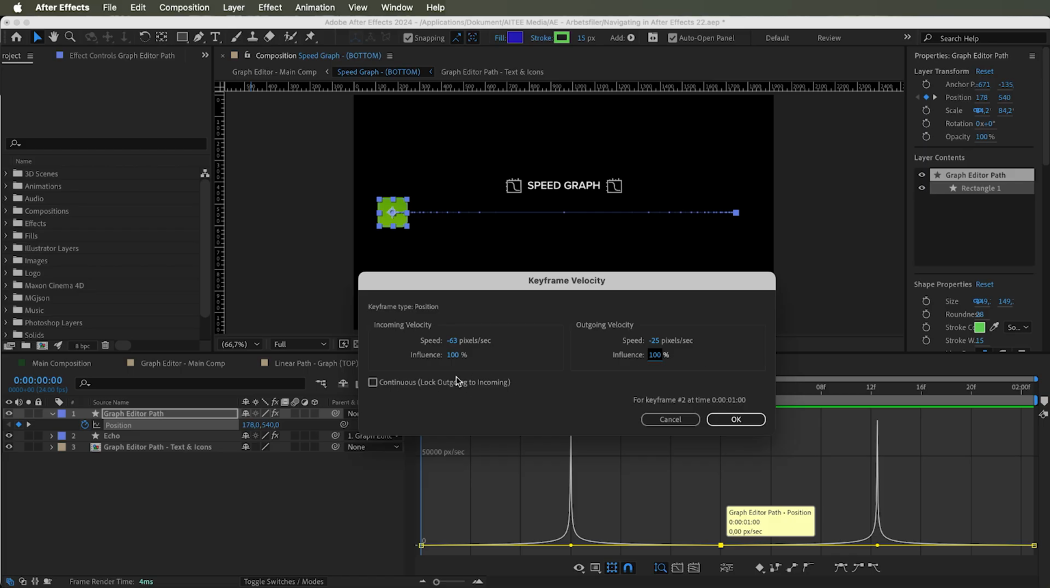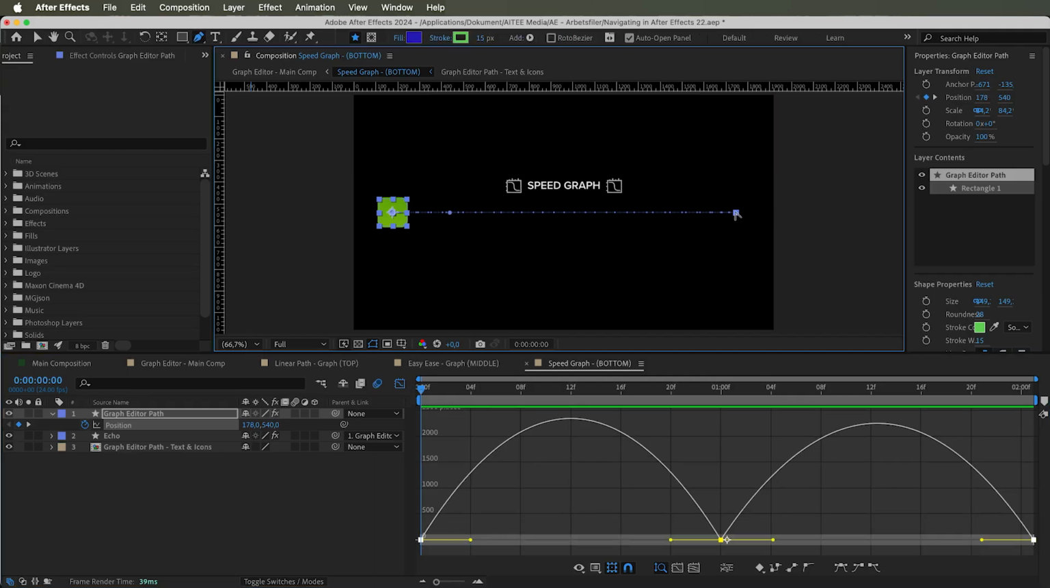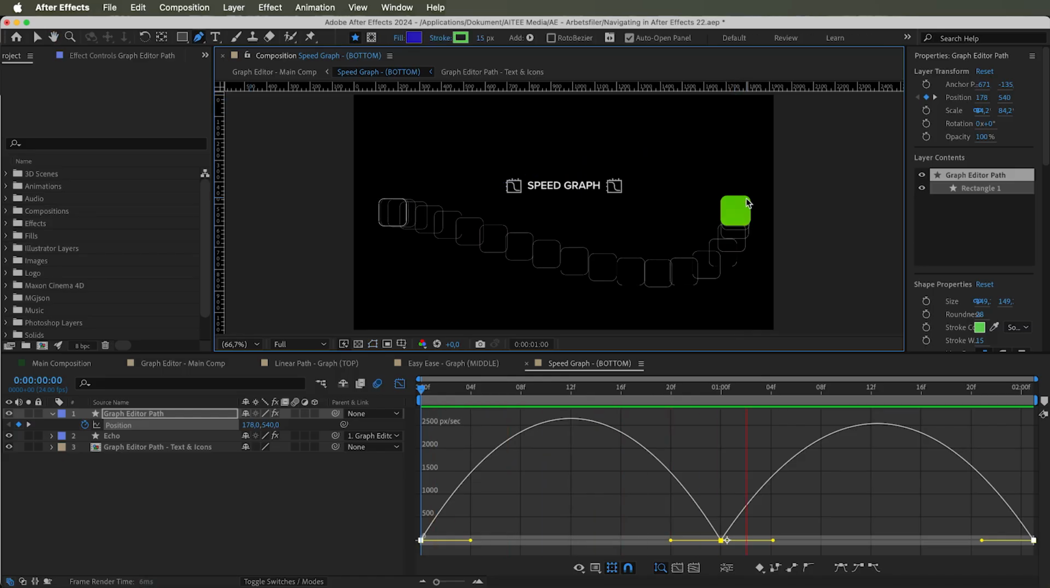and also add a continuous or lock outgoing to incoming, meaning it will lock the speed between them two, but it won't affect the actual influence. This is a handy one for changing the base points of the keyframes. For example, if changing the spatial interpolation again and curving the path, seeing the animation kind of come to a stop at the second keyframe,